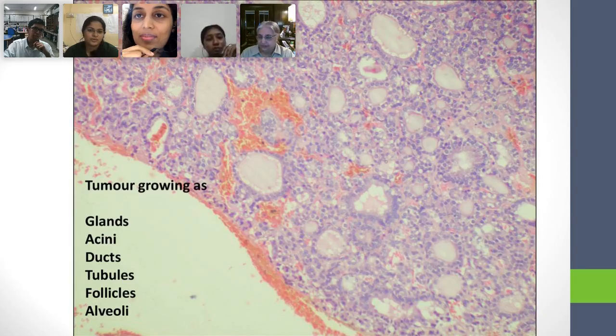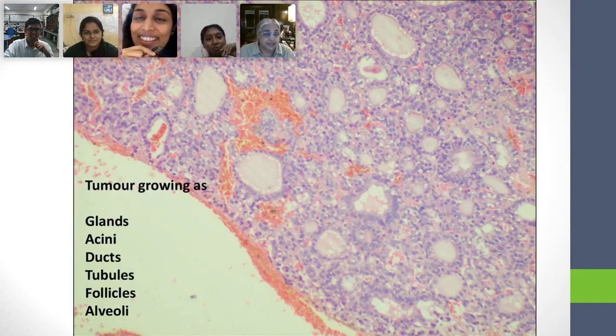Ma'am, follicles are more likely because they are all spherical. Okay. So you insist that it's follicles, and that's good. What about you, Neelam? They are all round. There's nothing that is not round. They're all circular, so probably I'll pick follicles. Very good. What about you, Neha? Ma'am, I'll go with follicles. We'll go with follicles. Excellent.